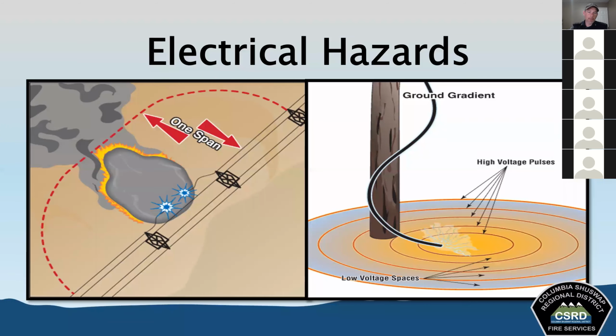So now we'll talk a little bit about basic electrical hazards. We all know electricity is bad for firefighters. It causes things like cardiac arrest, ventricular fibrillation, and respiratory arrest. It causes involuntary muscle contractions, paralysis, damage to joints, burns to eyes, and possibly death. The factors that will affect the seriousness of that shock are things like the path